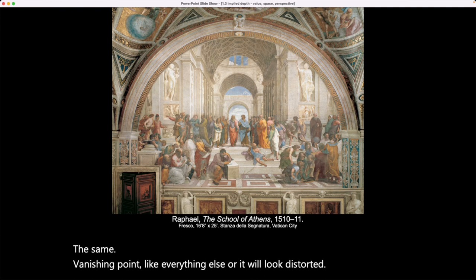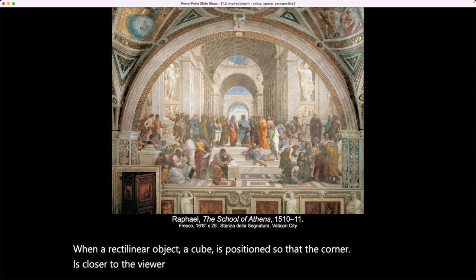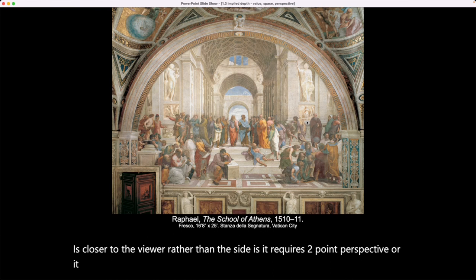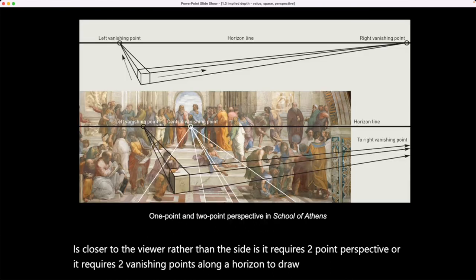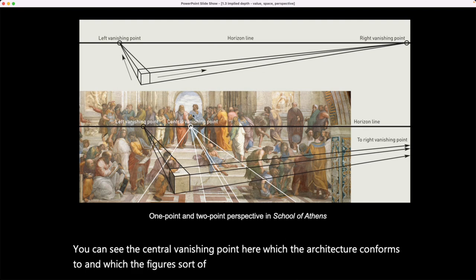When a rectilinear object like a cube is positioned so that the corner is closer to the viewer rather than the side is, it requires two-point perspective, or it requires two vanishing points along a horizon to draw it. So here's an example. You can see the central vanishing point here, which the architecture conforms to and which the figures sort of diminish throughout space by. But with the cube,